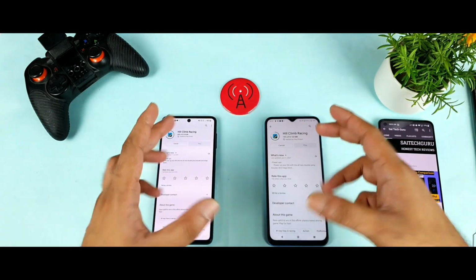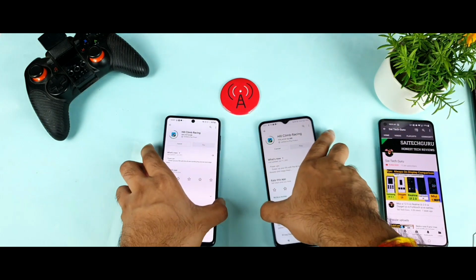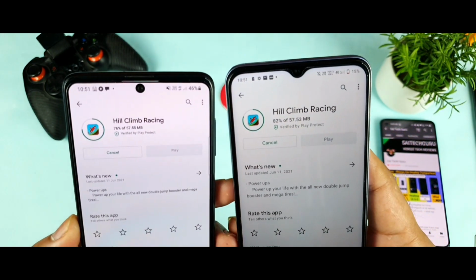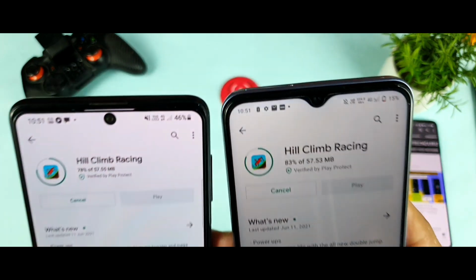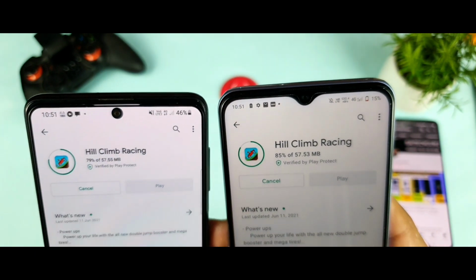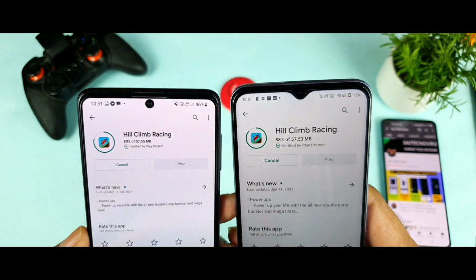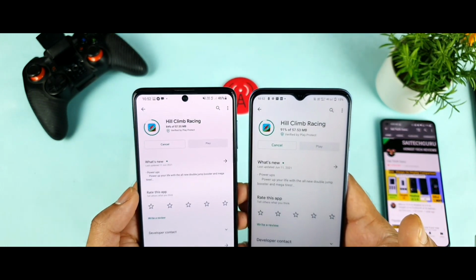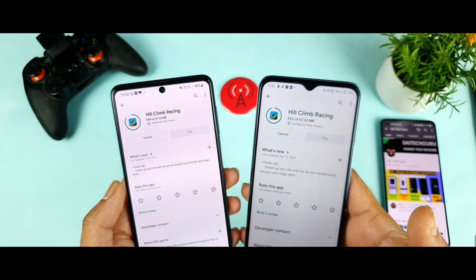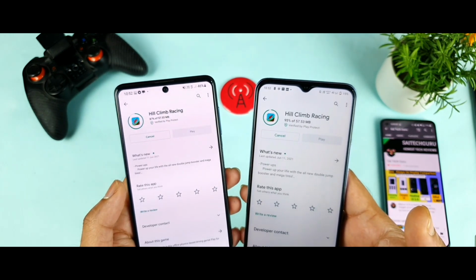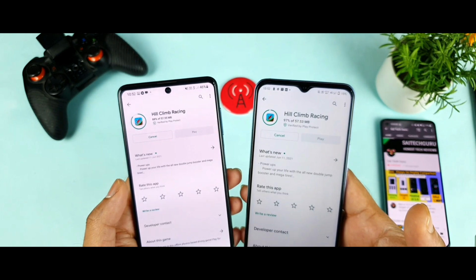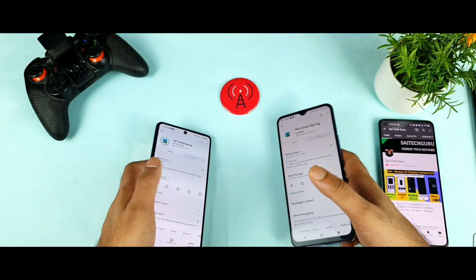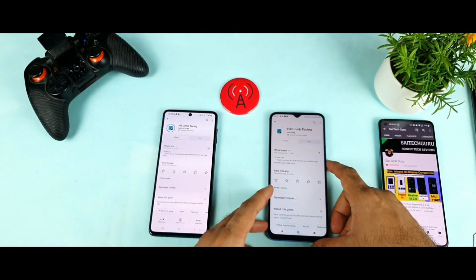Right now in the race, the iQOO Z3 is 75% finished, and the Samsung Galaxy M51 is also slightly close to the iQOO Z3. As you can see, you can also clearly see how many signal bars I'm getting in both phones. The first winner is the iQOO Z3 in terms of finishing the download fast. As you can see friends, 95, 97, 99% is finished in the iQOO Z3. So in the download test, the iQOO Z3 is a clear winner. That is what we got to know.